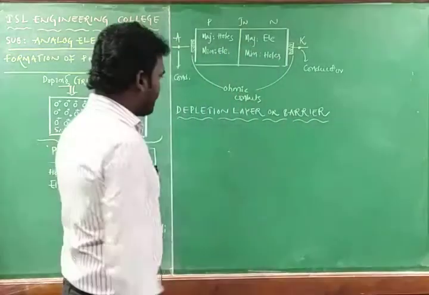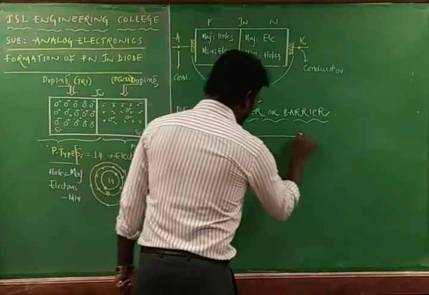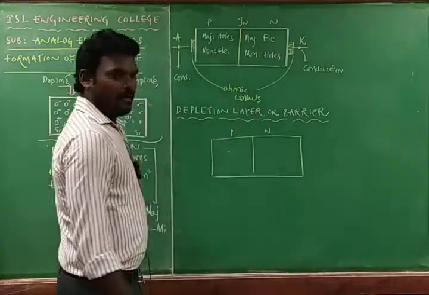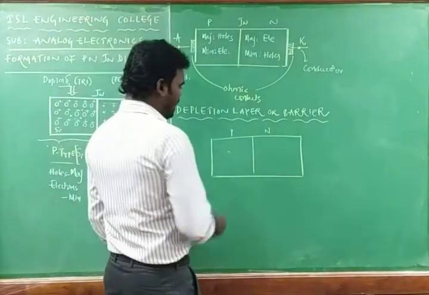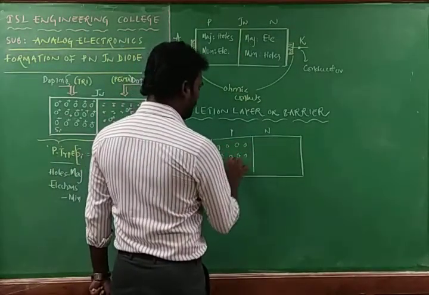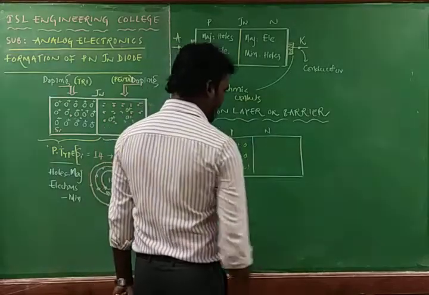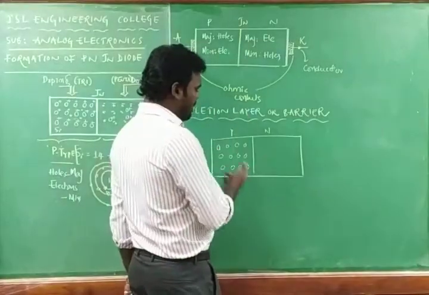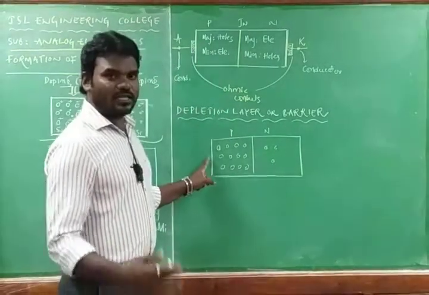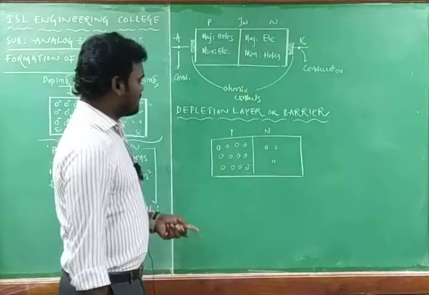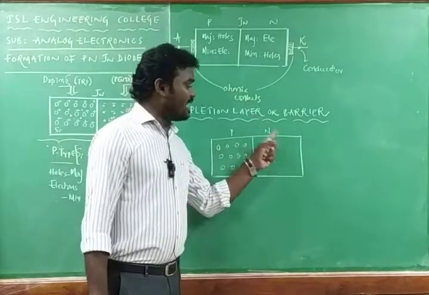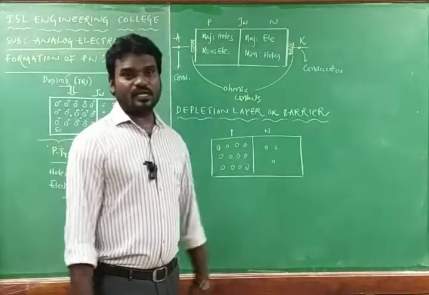Now I am going to have the same structure. This is the PN junction, this is P and this is N. I am going with the PN junction only. In the P material, the holes are the majority charge carrier. That means it is having more holes. And here, in the N-type semiconductor, holes are less. With respect to the holes, I am analyzing the PN junction. In the P-type semiconductor, holes are more, whereas in the N-type semiconductor, holes are less, so that